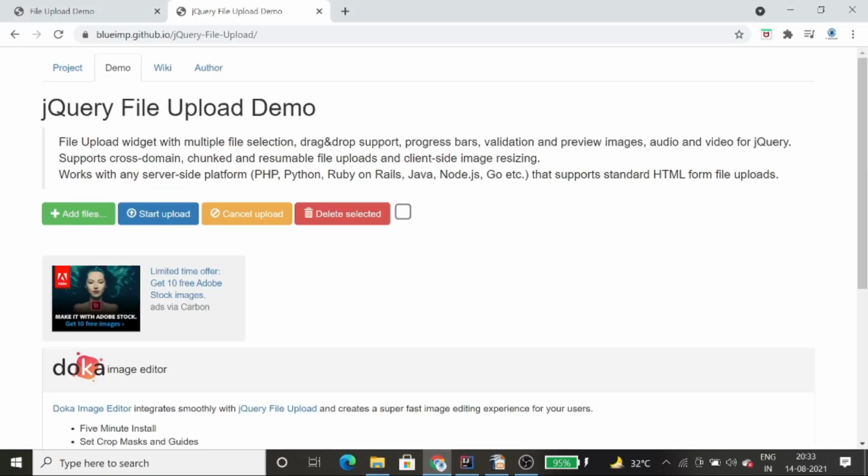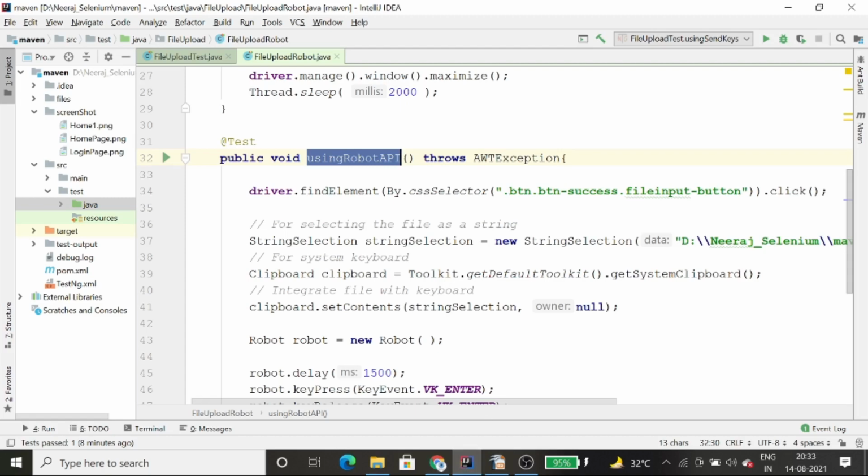So first of all, you need to create the locator of this, and after creating the locator, you need to use the Selenium command, driver.findElement(By.cssSelector), that is the file name, that is the locator I have created, CSS selector, and the dot click method I have used. After this, there is no role of Selenium over here, or you can say the Selenium role is over.